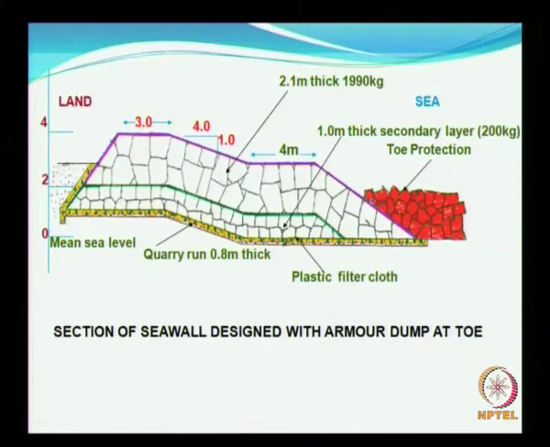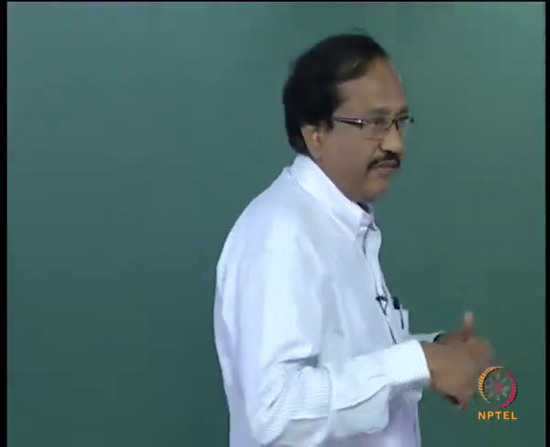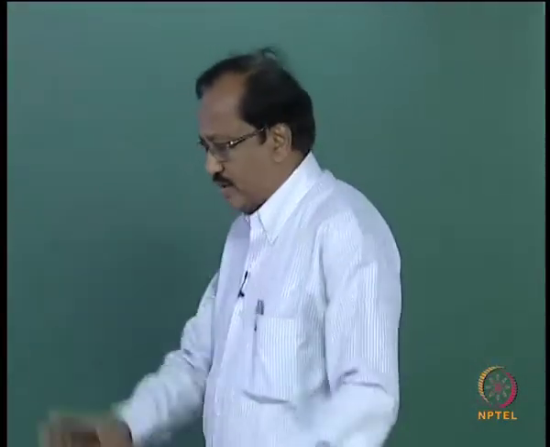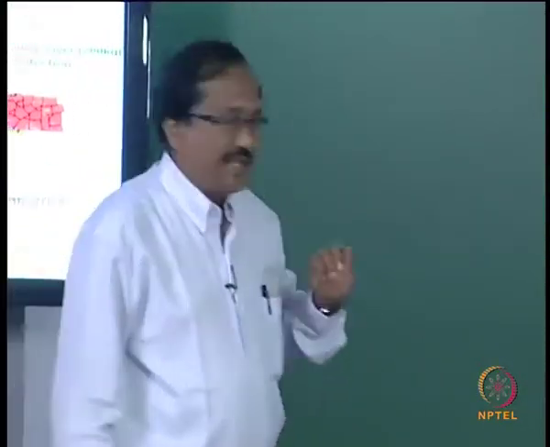Then the other method is having a toe, which we call an exposed toe. As we see here, according to the thumb rule, the toe width is around 3 meters and the toe height may be anywhere between 1 to 1.5 meters, and this will take care of holding the seawall in its position. Sometimes this toe itself can experience scour. So even though you have a strong toe, it is still quite important to keep verifying its status now and then.